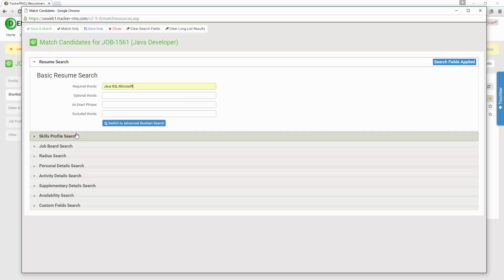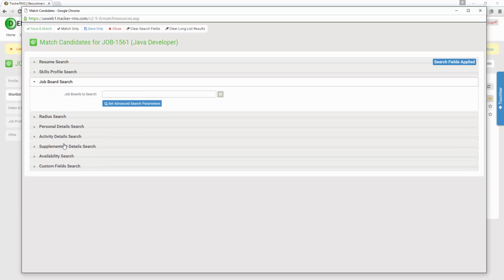We'll also go down into our job board search section, and this is where we can enter in the job boards that we want to go out and search. So we hit the arrows, and this will show the boards that have been configured. So here, we're going to use LinkedIn Basic, and we're going to use Monster to bring back candidates from these two boards. So I can collapse this down below, and you'll now see that I have the blue button to